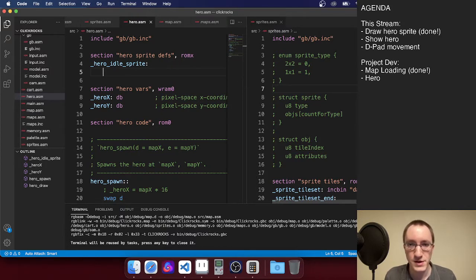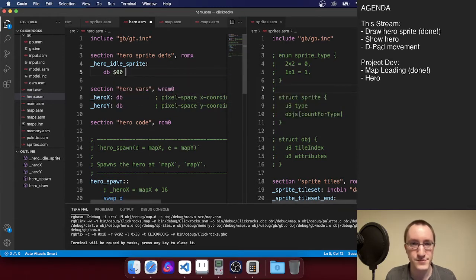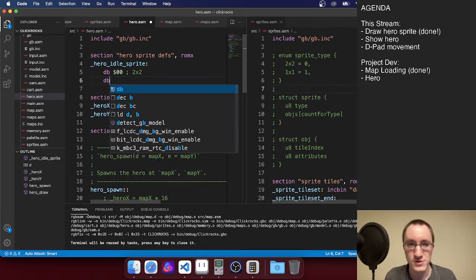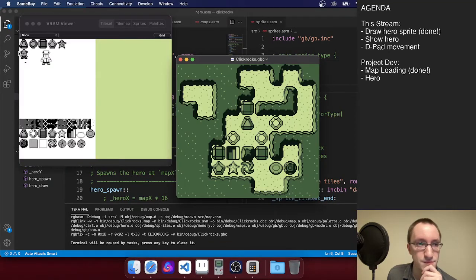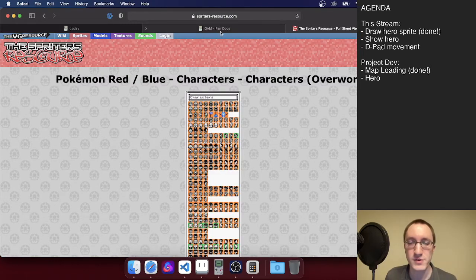So the type is going to be 0. Which then is going to be followed by 4 objects. So it's going to be $20 for the top left. It's the tile index. And then right now the attributes are going to be 0. I'm going to figure out the attributes later. It's going to be palettes. So the attributes are